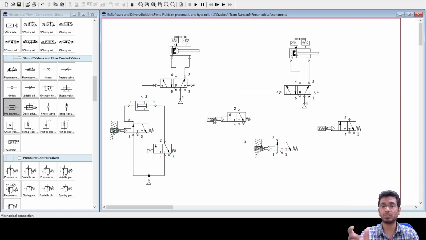Now since 1S2 is basically a limit switch to detect the end position, what should be the output? Once you have detected the end position, you are triggering your second cylinder to extend. That means your 1S2 output would result in your valve initiating the extension of the cylinder. Then your second cylinder would start to extend. Fine. So when your second cylinder completely extends, which roller valve will it trigger?